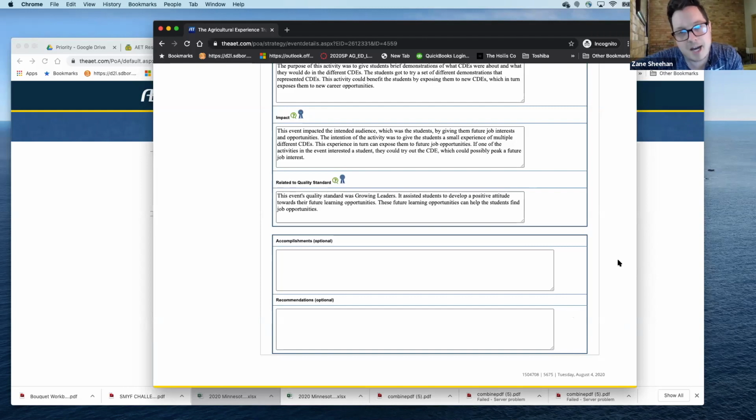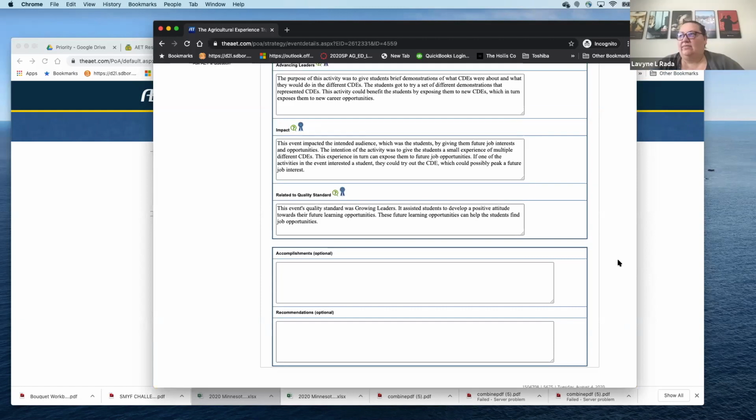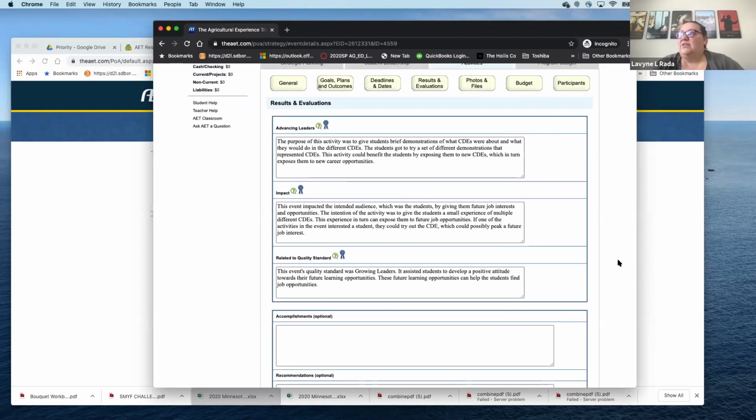But to me, the timeline in these 2 steps were super important as being a chapter advisor, because it made my life so much easier. I didn't have to wonder how many things of bacon to buy. I don't remember. Go look at AET, and that worked really well. Agreed. So under the results and evaluations tab, in addition to those notes, again, if you're doing it for the